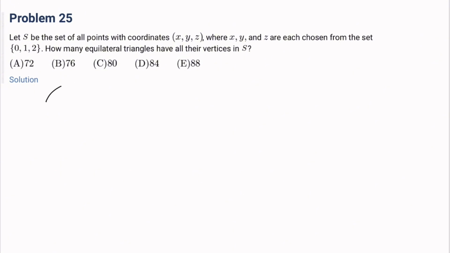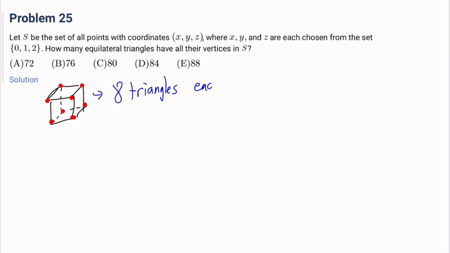So just for one unit cube, we would have vertices at here, here, here, here, here, here, here, here, right? So 8 in total. For each vertex, you can have an equilateral triangle that has that vertex in the center, right? So we can have this triangle for this one, and for this one, we can have this equilateral triangle that has this in the center. So since we have 8 vertices in total, we have 8 triangles